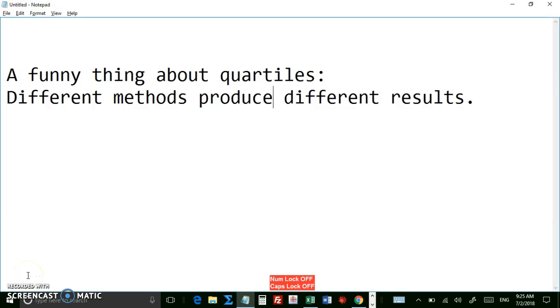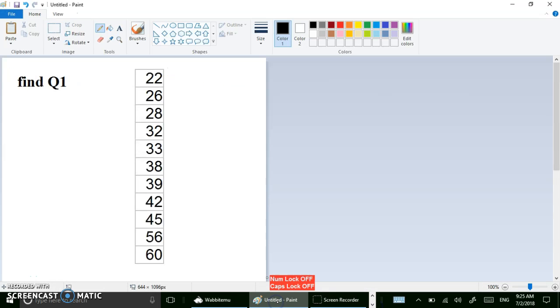A funny thing about quartiles: different methods produce different results. Let's take a look at an example here. Find the first quartile. If you do this by hand, according to the explanation in our textbook, we have 11